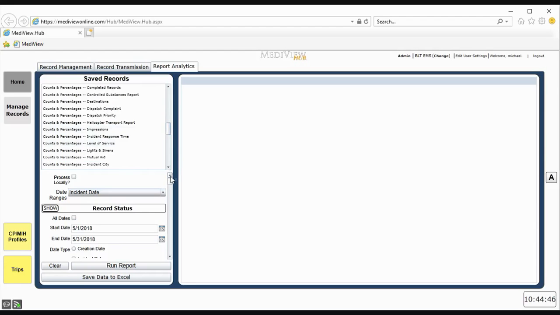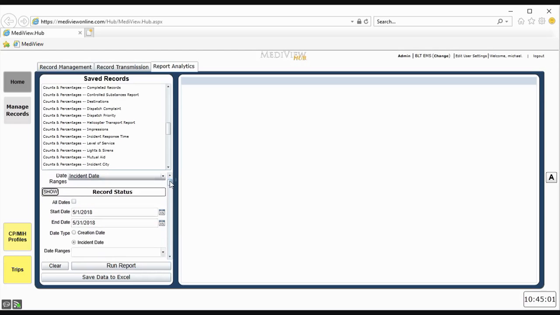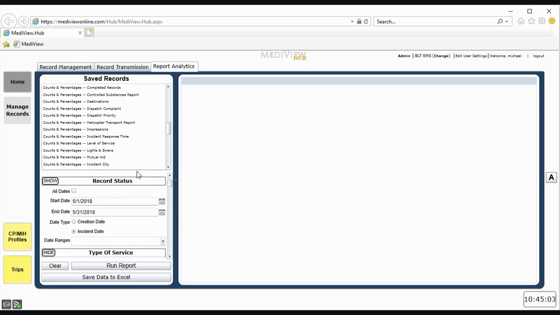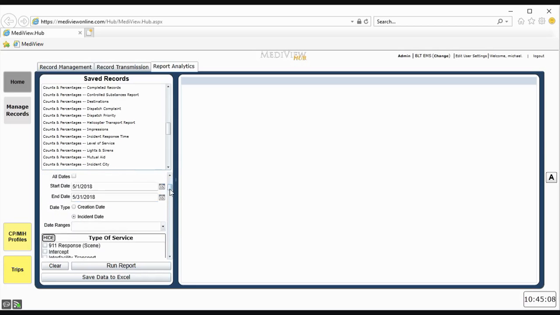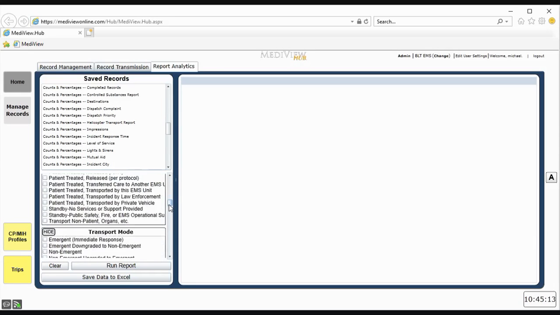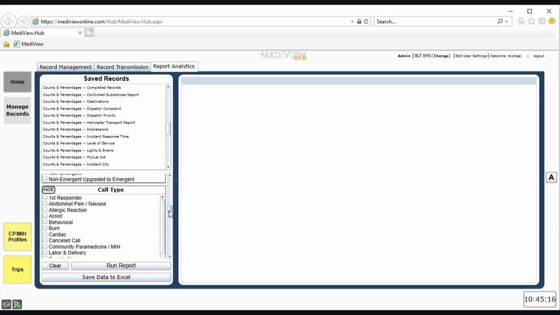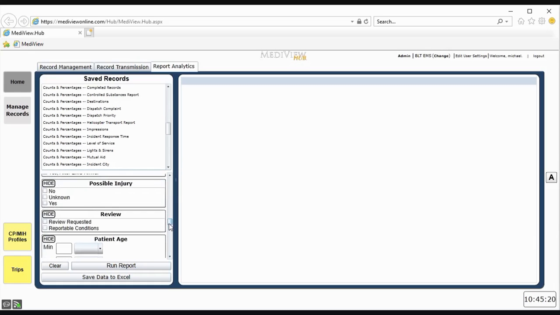I believe probably one of the most powerful features of our report analytics module is the ability to define the criteria that you need for your report. Everything down below here are filters and parameters that will allow you to define the criteria for your report, from date range to record status. We have types of service, patient dispositions, transport modes, call types, cardiac arrest, possible injury,